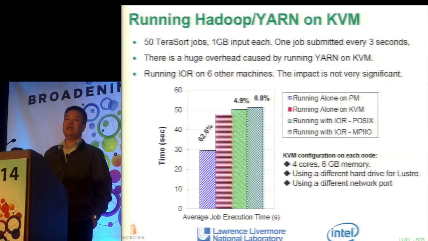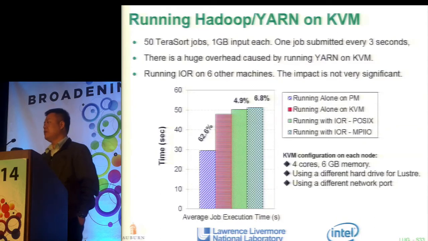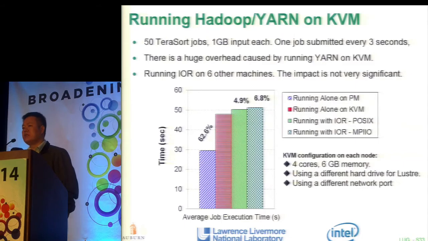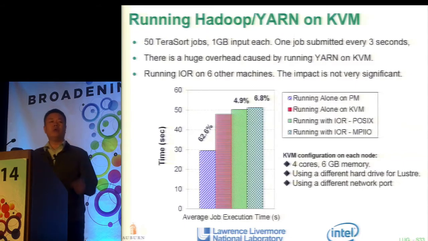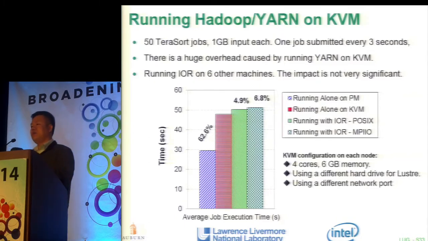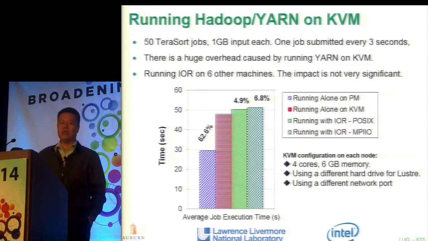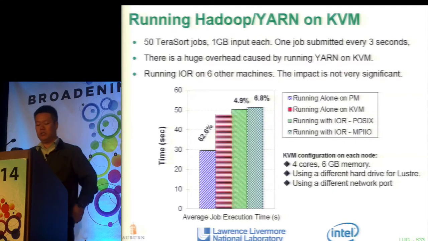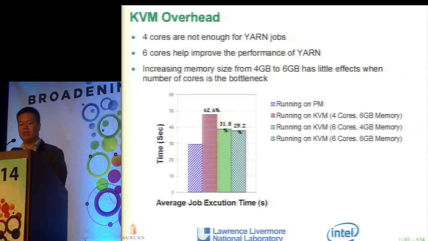Besides this comparison, we also want to check that when we ship analytics to the storage node in the HPC environment, there could be concurrent I/O from scientific applications. So we run IOR programs on 6 other machines, considering them as I/O traffic caused by scientific applications. As you can see, the last 2 bars to your right show that the concurrent I/O activities don't cause much performance loss in terms of analytics functionality.